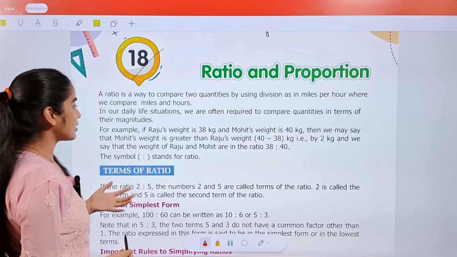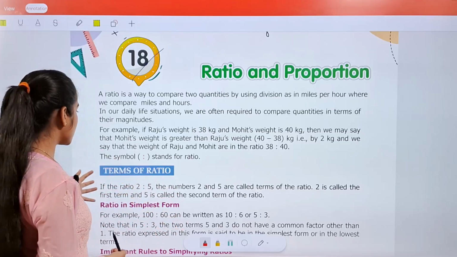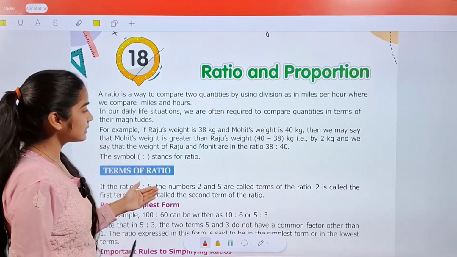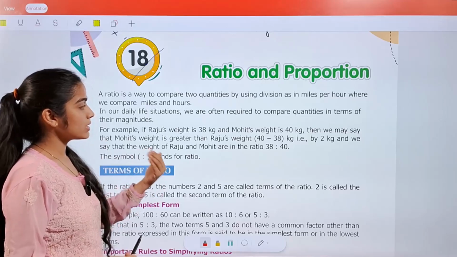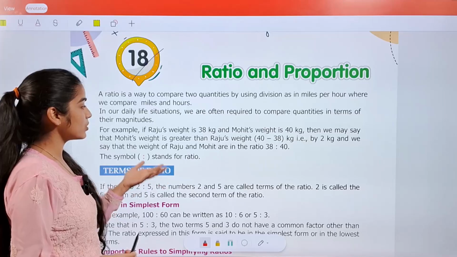For example, if Raju's weight is 38 kg and Mohit's weight is 40 kg, then we may say that Mohit's weight is greater than Raju's weight. 40 minus 38 is equal to 2 kg, and we say that the weights of Raju and Mohit are in the ratio of